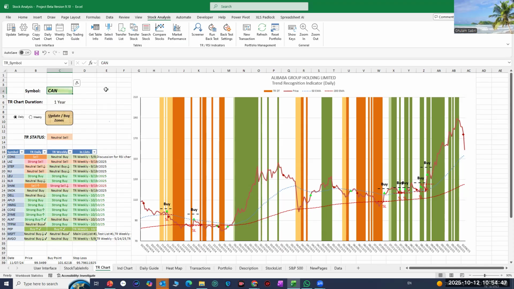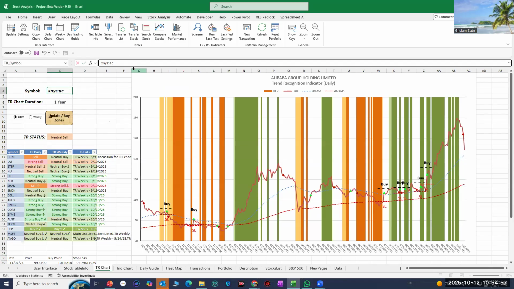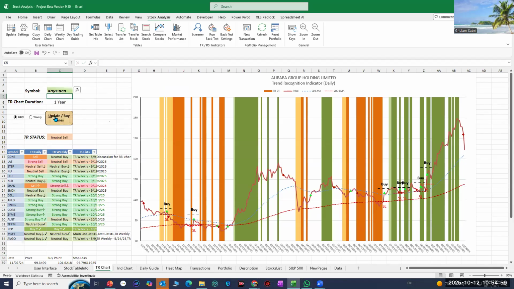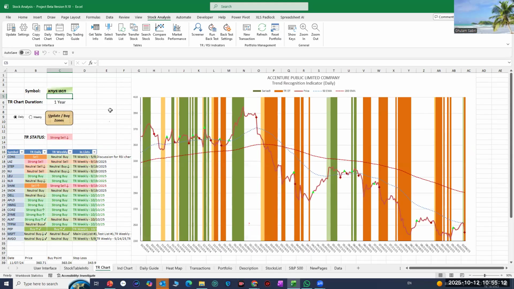Something is wrong with the symbol. I think Accenture is ACN. Let's see if that's the right symbol. I think Accenture is traded on the New York Stock Exchange. Okay, Accenture is traded on the New York Stock Exchange. As you can see,